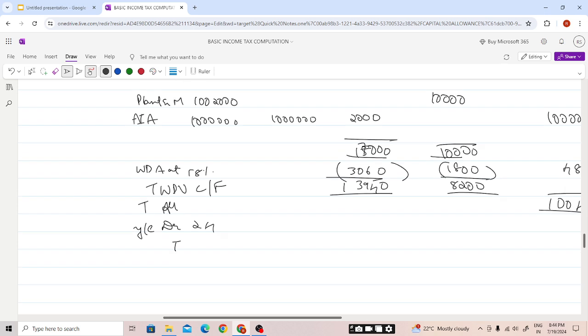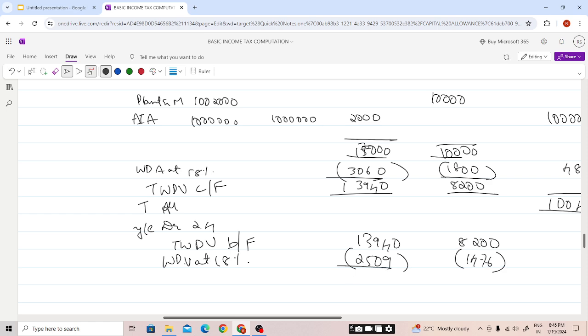So December 24 TWDV brought forward will be, students, 13,940 and 8,200. As we have no additions or disposal in this year, the WDV will be 2,509, and this will be 1,476. So the tax written down value carry forward will be, students, 11,431 and